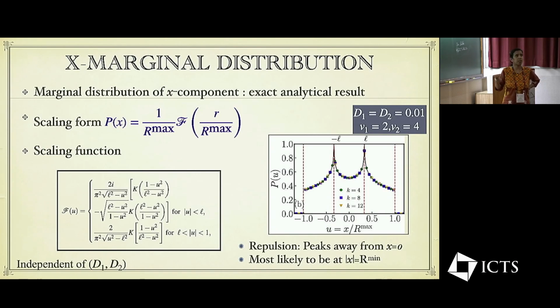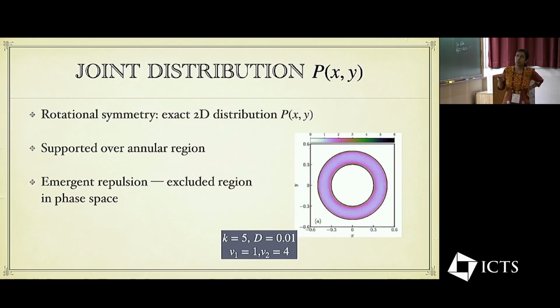Again, that's the indicator from the 1D distribution that there is a repulsion. They cannot come too close to each other, and then they are most likely to be at this distance R mean. Because the potential is rotationally symmetric, we can actually also calculate the full joint distribution Pxy, and